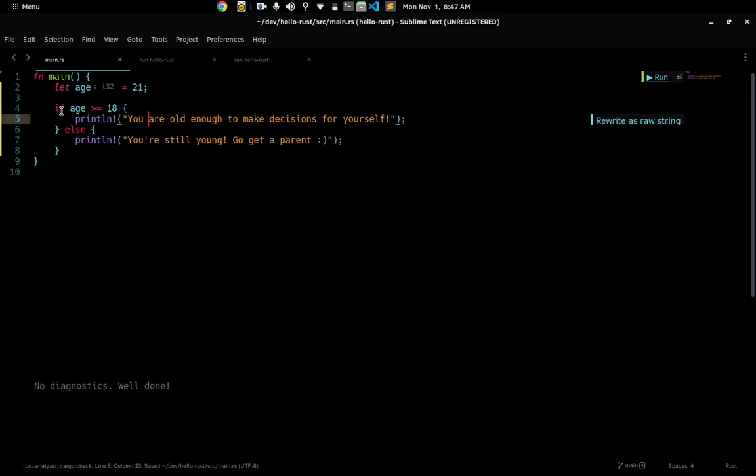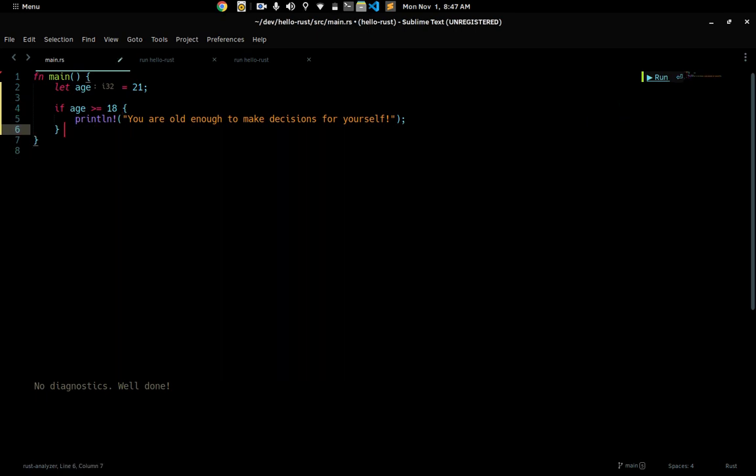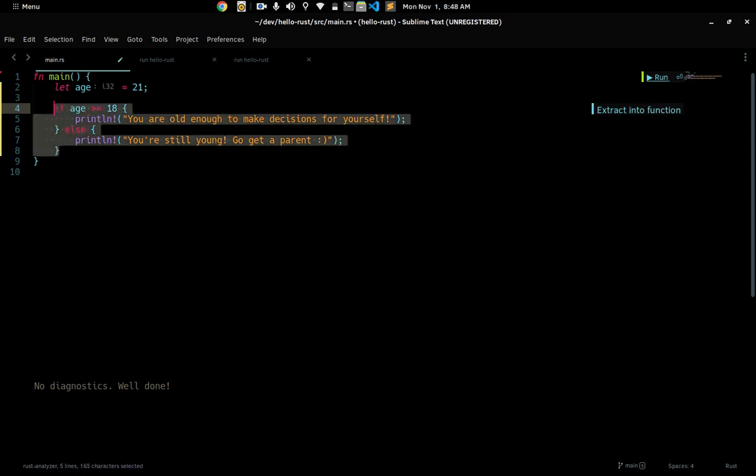So you don't need parentheses to write your if expressions inside of Rust, and that's what if statements are about. An if statement doesn't always have to have an else block, just to know that. If a boolean expression evaluates to true, do something. If you want to do something when that's not true, that's when you have an else block. I guess that makes a lot of sense.